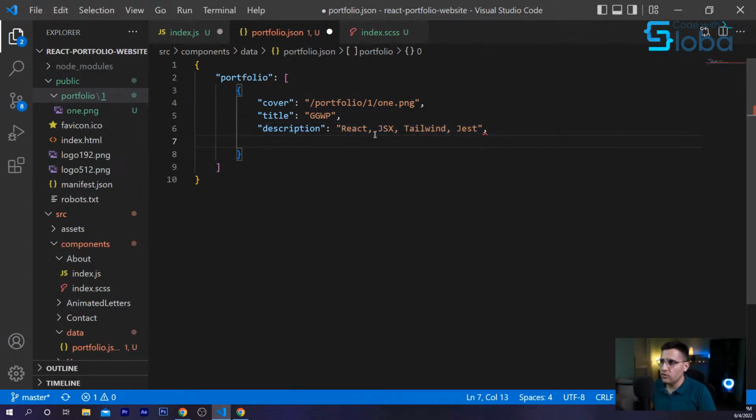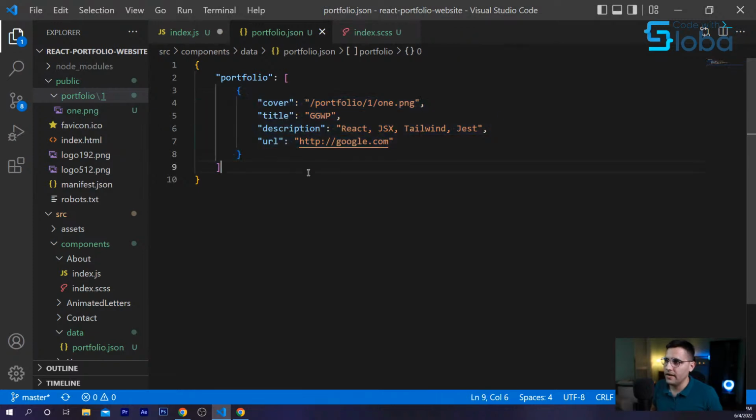And at the end, you want to have a URL so that you can showcase this portfolio, whether it's live on the web or you have uploaded that to your website and you have some custom URL. So put the property URL, and I'm just making this up, so google.com, you probably heard of that company. Now, if you want to create more portfolios, you will just copy and paste this inside of this array, and you will have more portfolios.